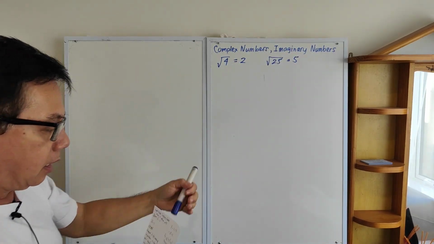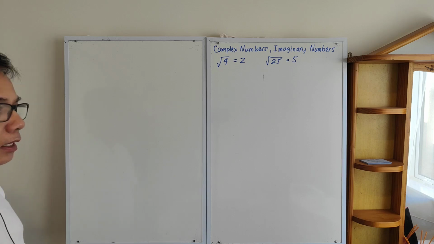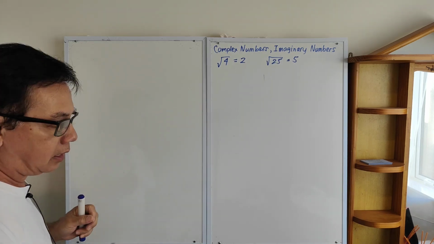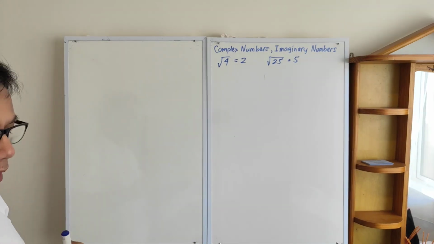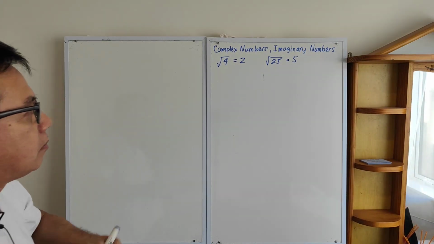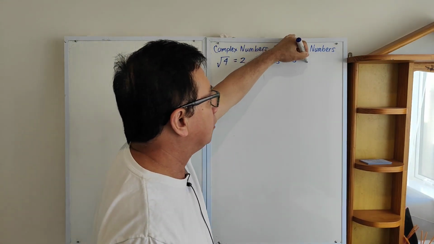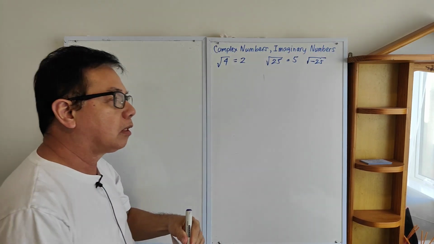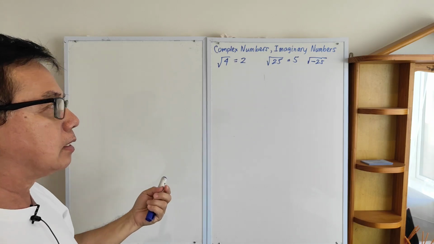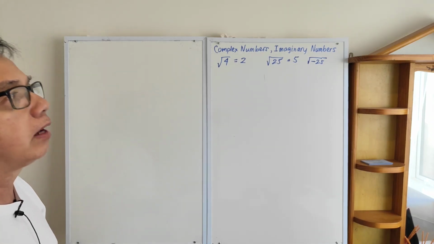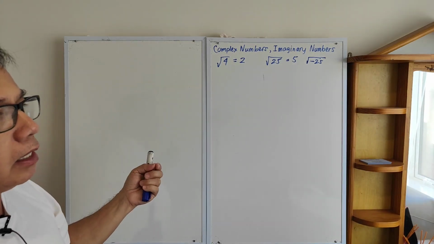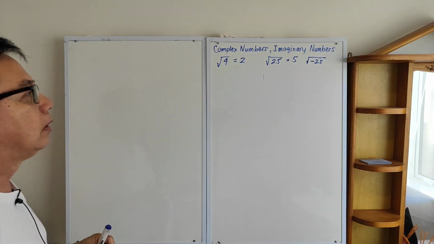But sometimes in the course of computation, especially in quantum physics, a square root of a negative number would come up. For example, the square root of negative 25. There's no number that if you multiply by itself would be equal to negative 25. Even negative 5 times negative 5, if you multiply, will be positive 25. So